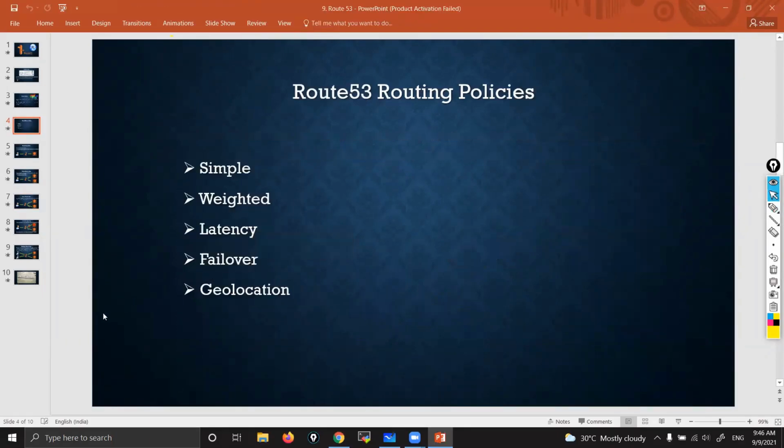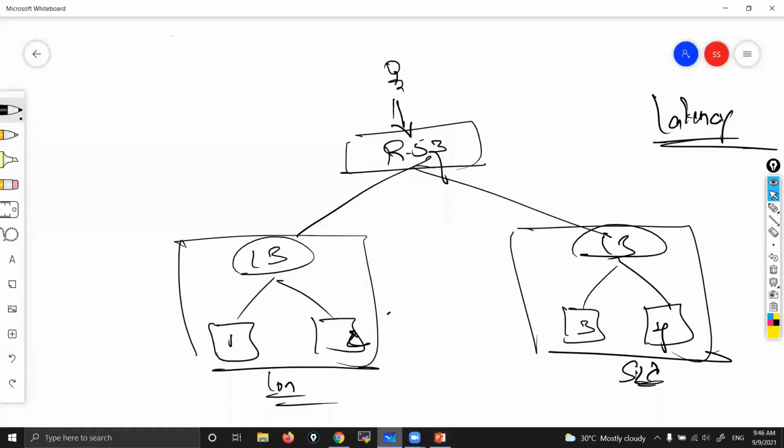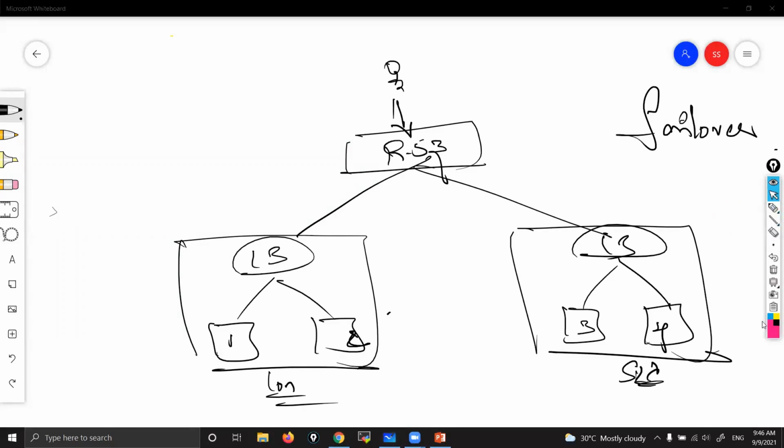The next one is failover. Guys, you understood by listening to the name failover. That means one fails, then only it will send the request to the other. Let me explain. Suppose in this I would like to have a primary and standby setup. This one I want as primary.